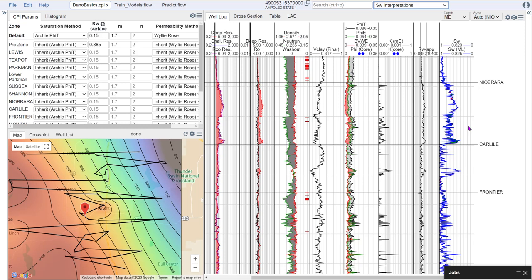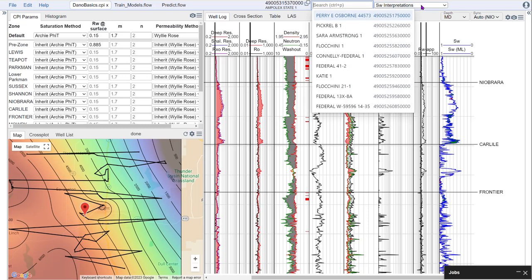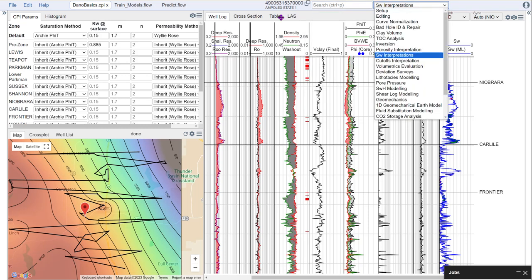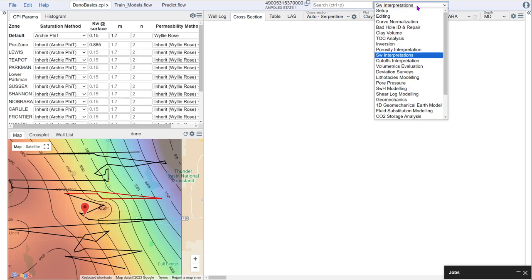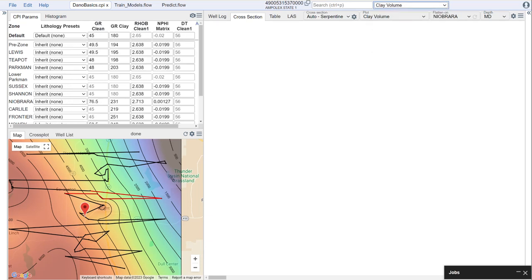And now what I'm going to do is use these templates that I've set up in cross sections to guide me to areas where I may have lower quality interpretations that I need to fix. So let's take a look at how I might do this. Let's say, for example, I go to a cross section and I want to look at my clay volume